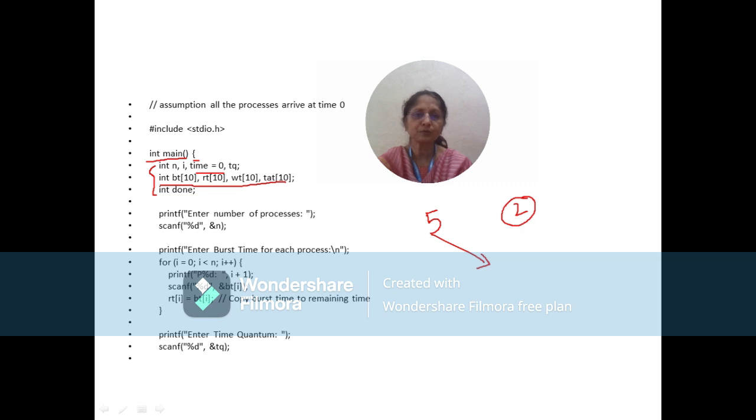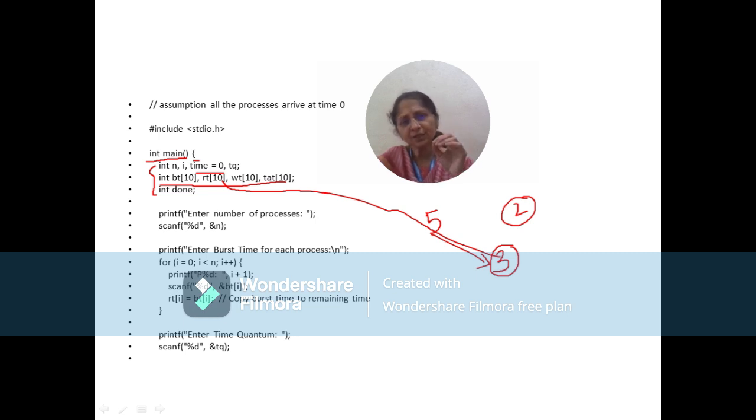So out of 5, 2 units got executed. How much time does it still need to completely get executed? 3 milliseconds. This 3 is what we are going to store in our array called rt, remaining time.